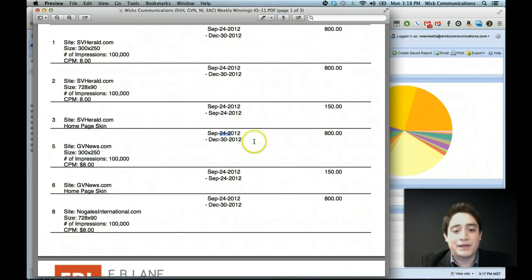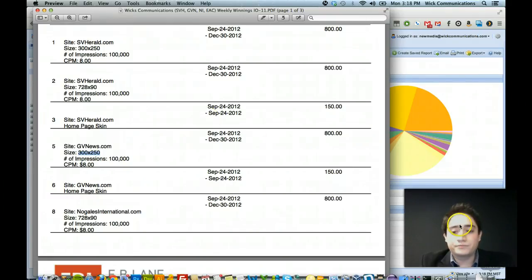So we have to set this ad up in blocks. So I know the run dates, and I know how many impressions they want, and I know the position of the ad. So I pretty much know that I have to assign it to my right rails and in stories,